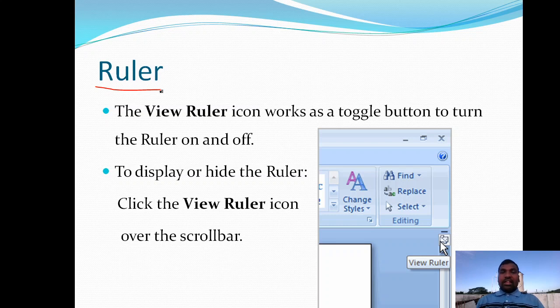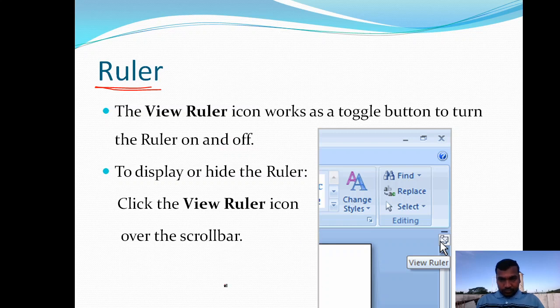Then that content appears somewhat better. Without margins it is something ugly, right? So with the help of rulers, we are going to perform such kind of things.